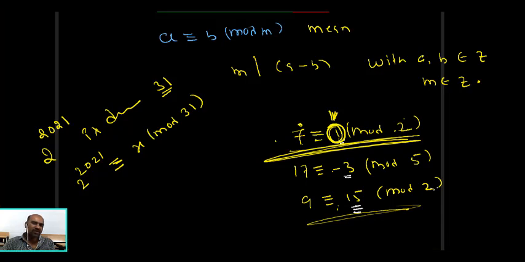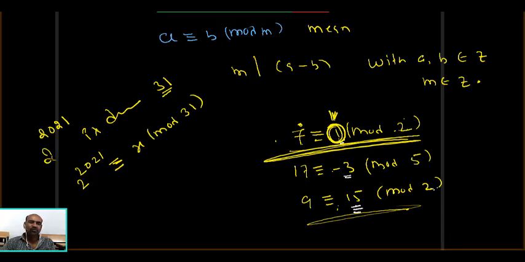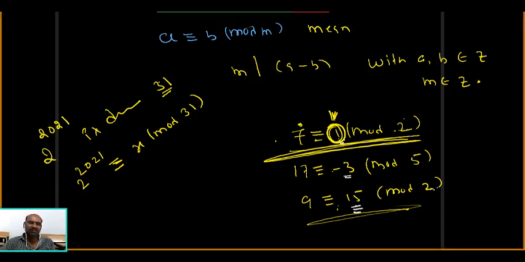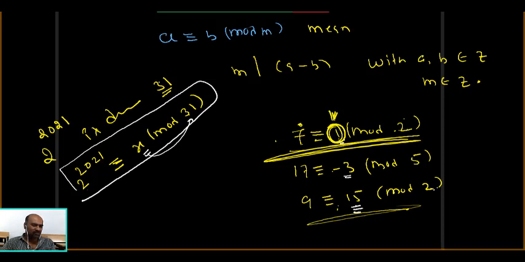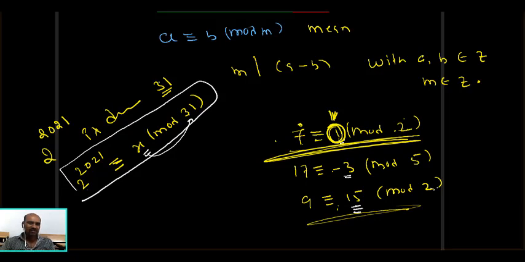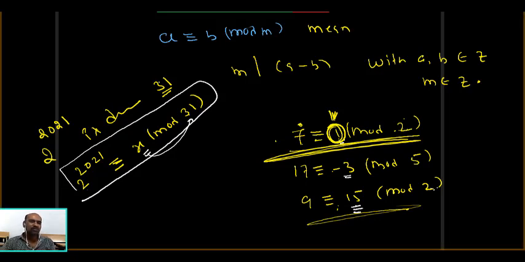Understood? So what is the question? Find the remainder when 2 power 2021 is divided by 31. According to my congruency concept, I can say let x be the remainder, then 2 power 2021 is congruent to x modulo 31, your x should be less than 31, then that is the required x. But how to find x from this equation, that I will explain later. That is not a big issue. But what I am trying to explain is the meaning: 2 power 2021 is divided by 31, find the remainder.